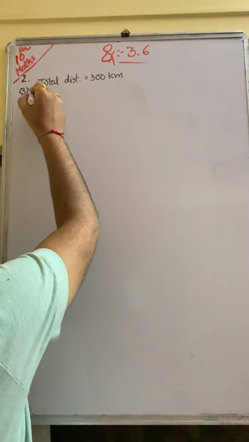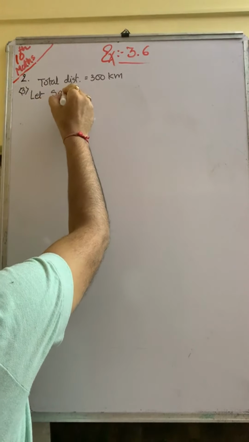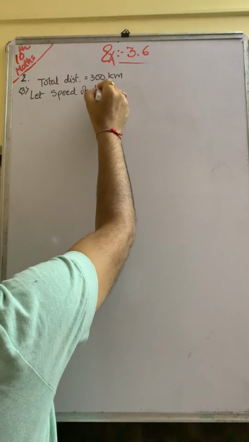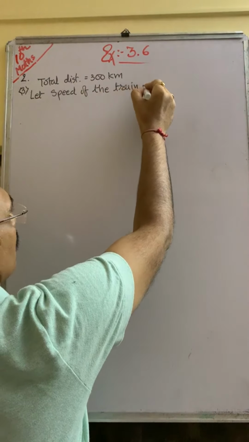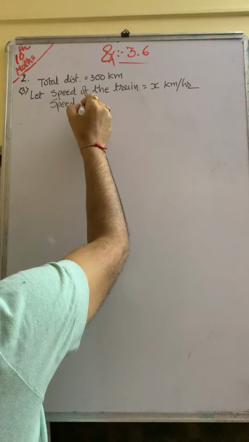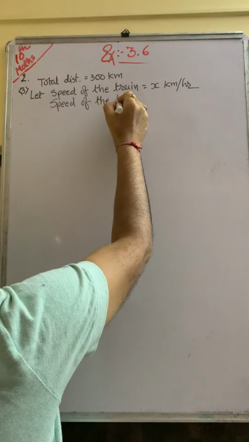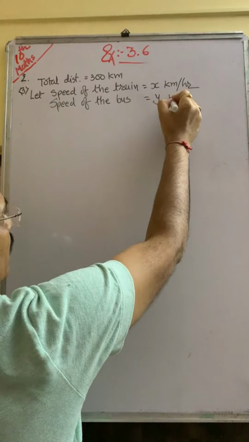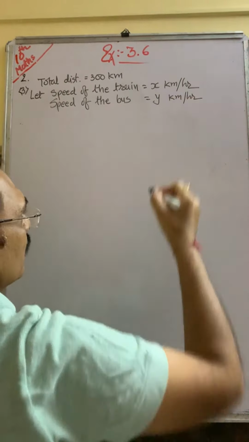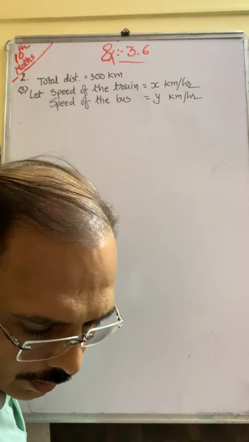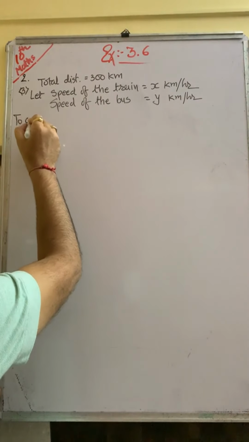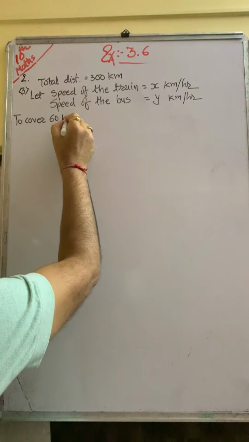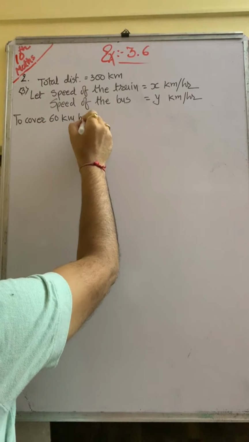So here we suppose speed of the train x kilometer per hour and speed of the bus y kilometer per hour. Okay, now Ruhi travels 60 kilometer by train. So to cover 60 kilometer by train,